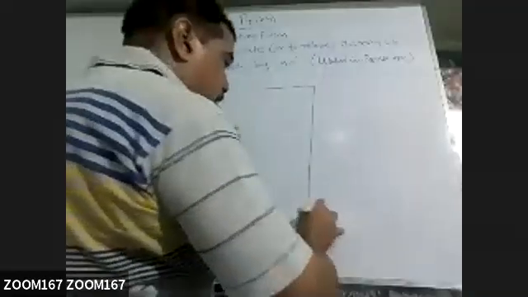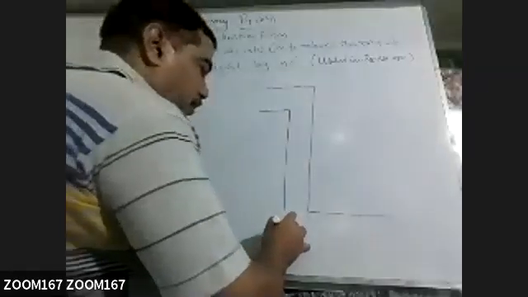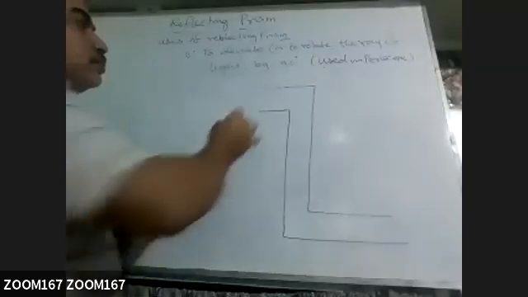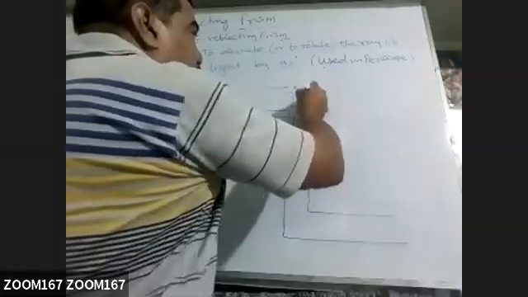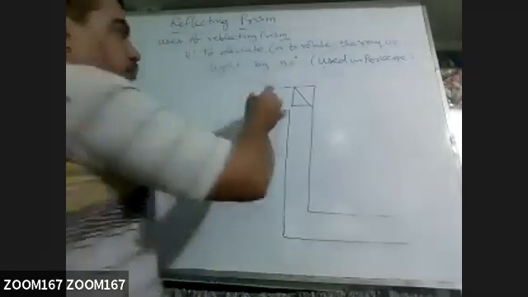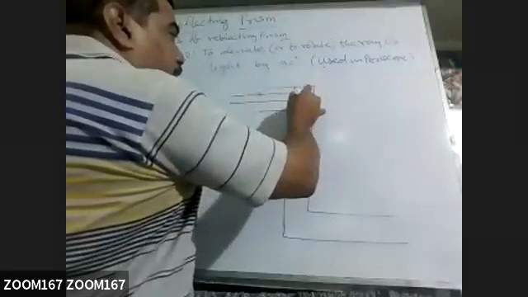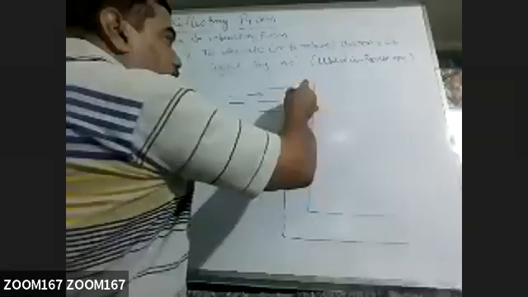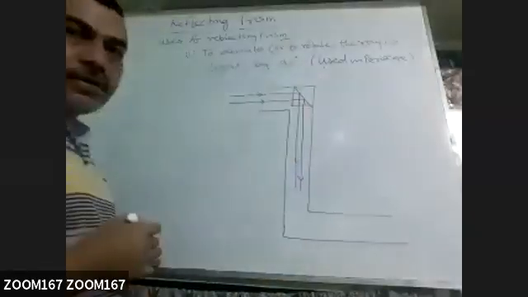This is not in the syllabus, but just for understanding, we can see what is happening here. One reflecting prism is here. When a ray of light is coming from this side, what will happen? It is reflected in this. In place of a mirror, this is used. Earlier here it was a mirror.